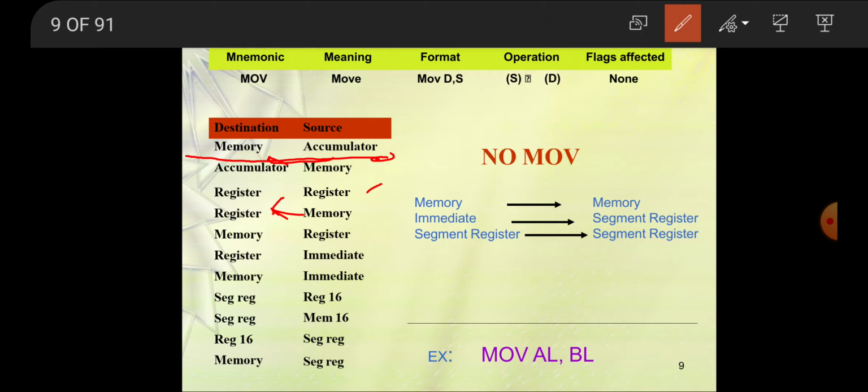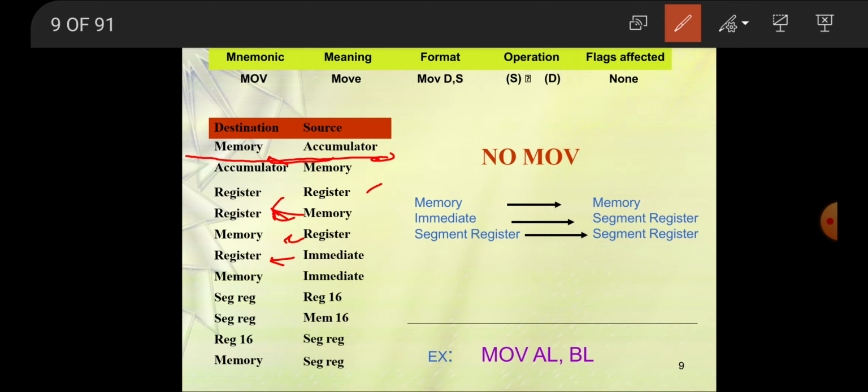Source means from where we pick the data, and destination means where we are going to save that data. Then from memory to register, from register to memory, from immediate to register. Now what is immediate? Immediate means any value given directly. Suppose I want to save 5 hexa into the register, you can directly write the instruction that way and save it.